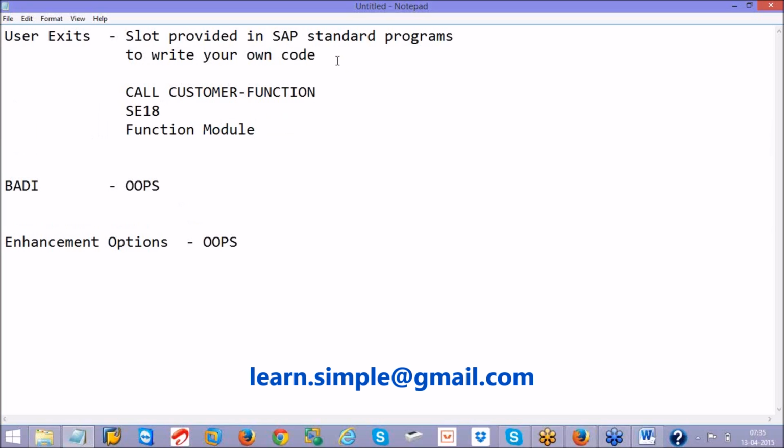Remember, inside the function module there is a Z include, and inside the Z include you write your own code. So this is not an object-oriented approach. This is a normal ABAP approach because you are using function modules, includes, and so on. Now come back to BAdI.